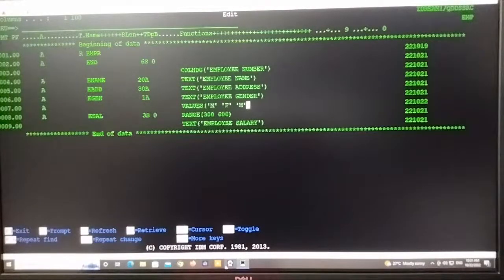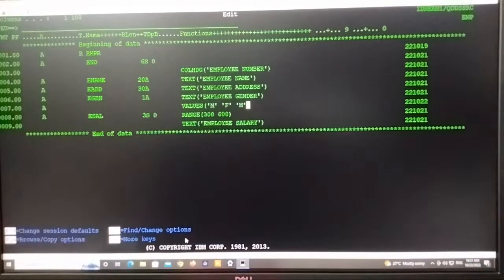If you are facing this kind of issue, where you want to insert small case or capital case, but by default your system is allowing you to write values in capital letters mode, then you need to change your settings. When you are in the source entry utility screen, if you want to change the session defaults, go to more functions. You will find